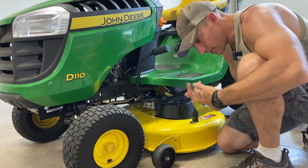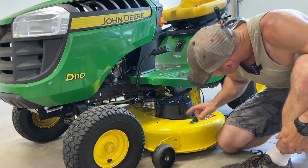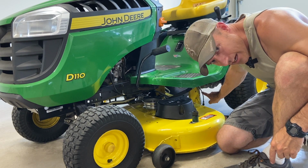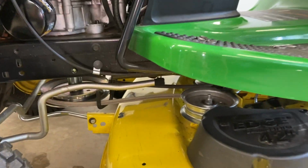All right, I'm going to go to the other side and take the other two pins out. There should be a pin right here in the middle and one here toward the back of it on the other side. Okay, once you got all your pins out,